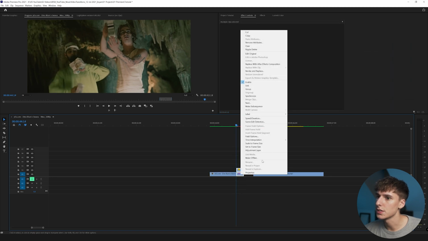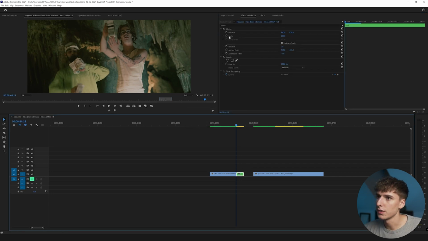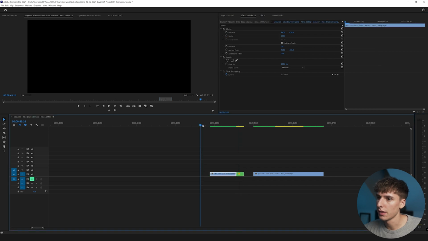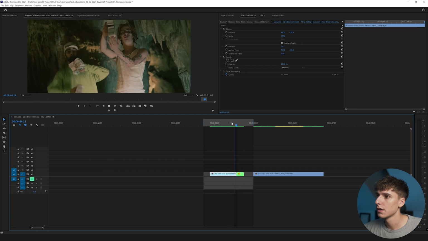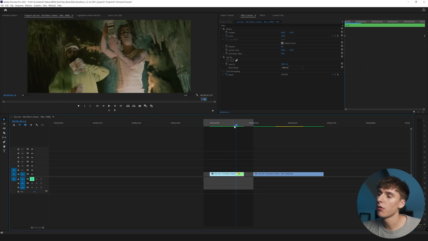If you want to make it a little bit smoother, maybe go ahead and nest both of those. And then you could keyframe the scale or something just so it has a little bit more movement to it. And then when you go ahead and render that out, you get something that looks like that. And honestly, that's looking pretty smooth. But I'm going to be showing you the way that I would personally do it, and that would be using Photoshop to content aware. You could also, if you had it in After Effects, do it that way. But I think Photoshop is probably better and smoother.